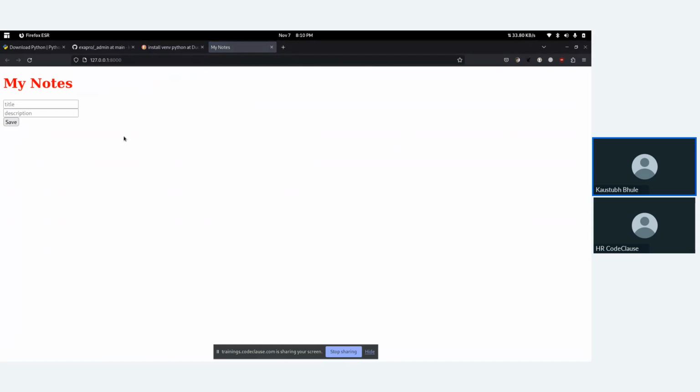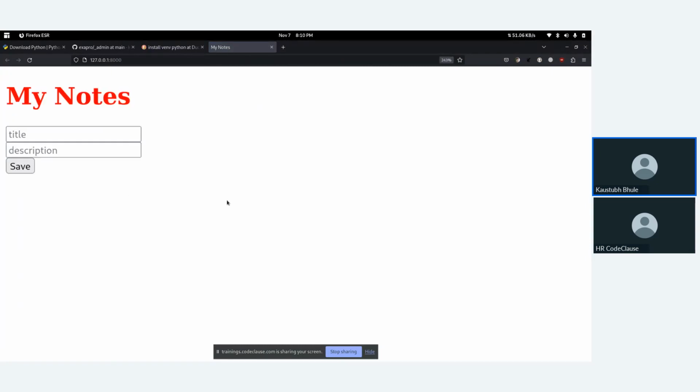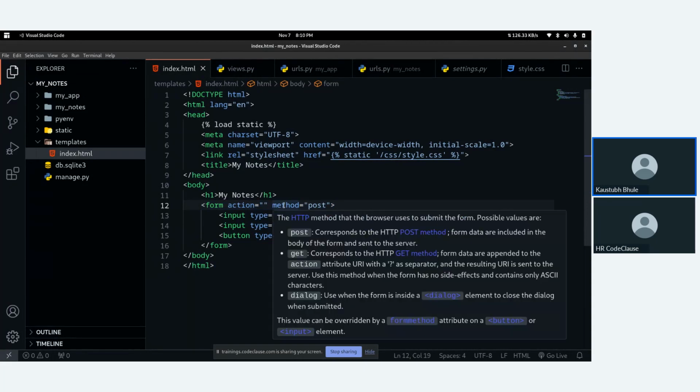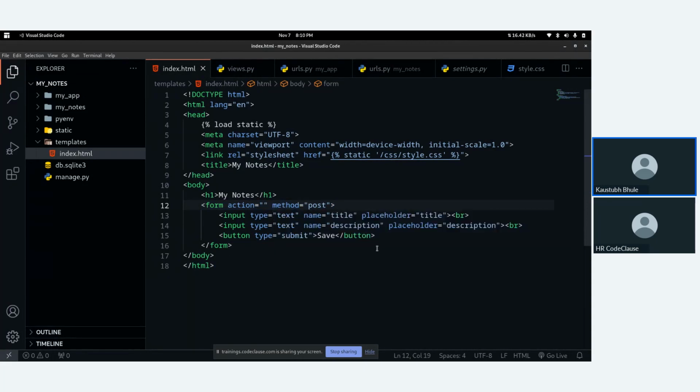Now we can see a simple UI is ready. Now for form action, you need to specify the URL which you want to invoke after submitting the form, after clicking the save button or any button having the type submit.